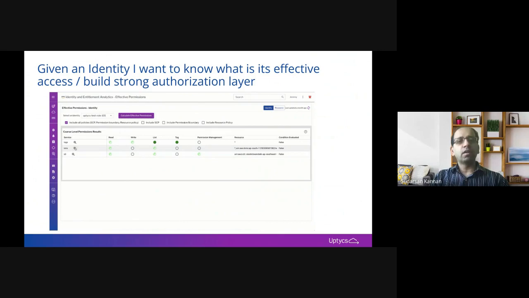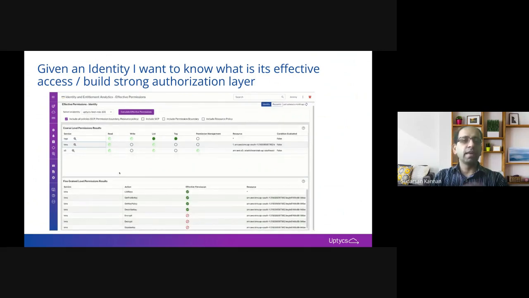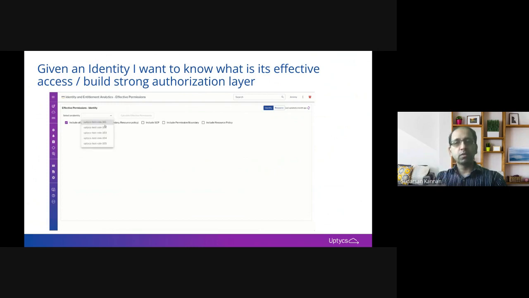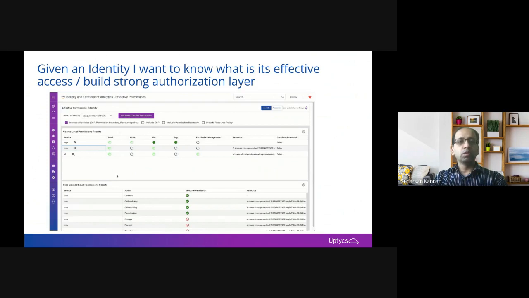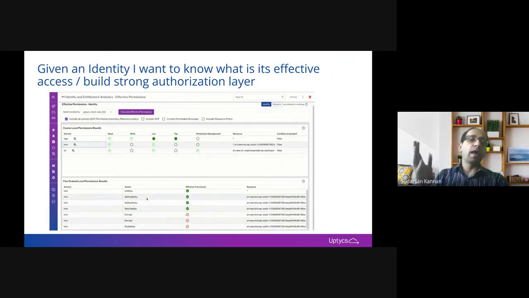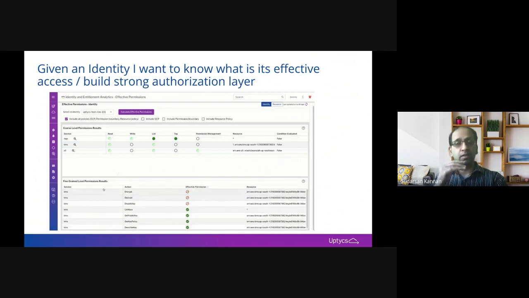Absolutely. So what you see here is basically you can pick any identity, right? It could be a machine or a user identity. You click on that, you say, give me the effective access permissions, right? So what we do is we go and get the updated policies, no matter what the latest version is. And then we look at a coarse level access. When I say coarse level, at the per service, like let's take S3 or let's take KMS, what you can see here is KMS and S3. I can tell whether that user or a role has a write permission, list, or tag permissions. So the full green circle that you see basically means full access. Hollow circle means no access at all at the service level.